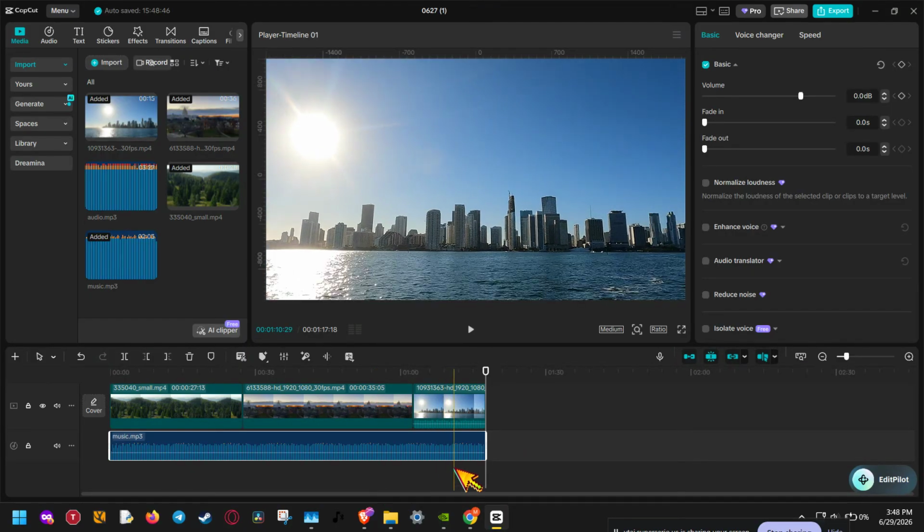This is especially useful if you want to line the music up with a specific intro, transition, or montage section. Now that your music is in the timeline, the next step is adjusting the volume so it feels like true background music. This is a really important part because background music should support your video, not overpower it. If you are speaking in your video, the music needs to stay low enough so your voice remains clear and